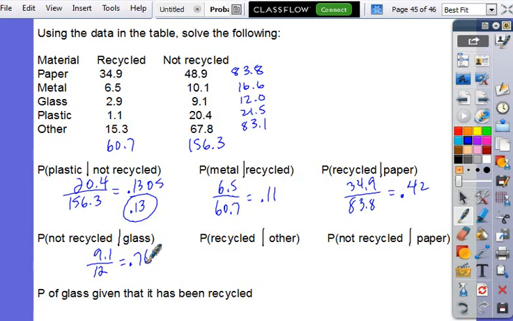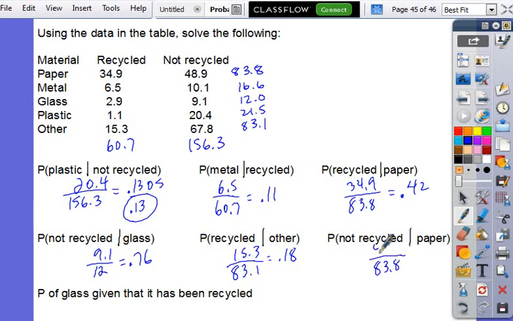All right, recycled, given this from the other group. Other has 3.1, and then recycled 15.3. So it's 0.18. Not recycled, given this from paper. So paper is 83.8. Not recycled is